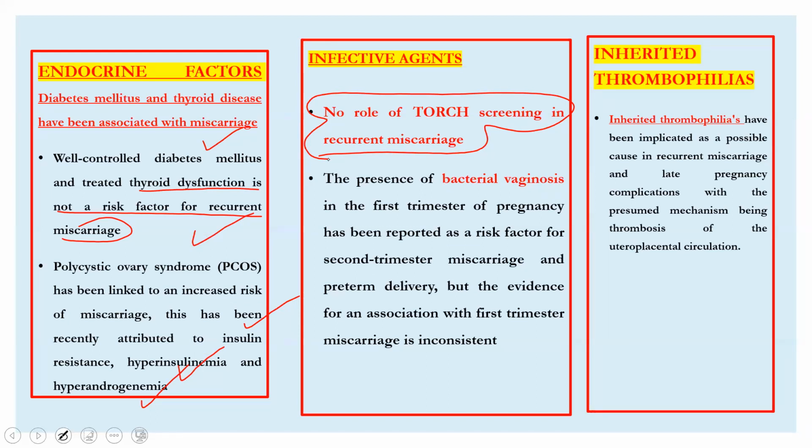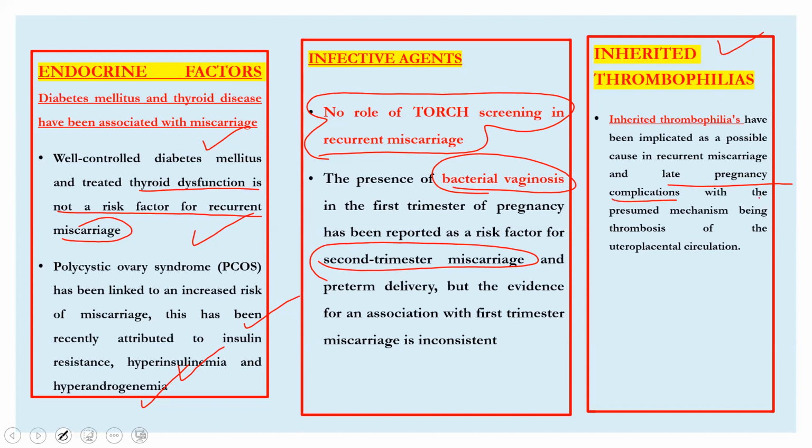Okay, so what will happen is the presence of bacterial vaginosis, another infection. It is not going to be a risk factor for first trimester miscarriage. However, it could be a risk factor for second trimester miscarriage, which can lead to preterm birth, which has its own implications. So inherited thrombophilias, we have said that yes, they could be a possible cause of recurrent miscarriage and